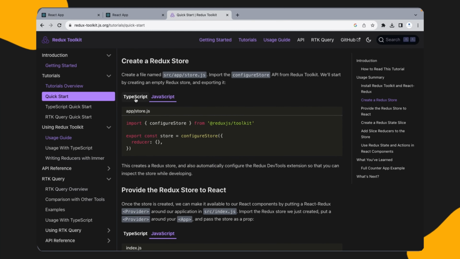After that there is a TypeScript and JavaScript option. We generally write in JavaScript, so I will click on JavaScript, and here you can see it is telling us we need to create a store.js file. Inside an app folder we need to create a store.js and copy and paste this code.